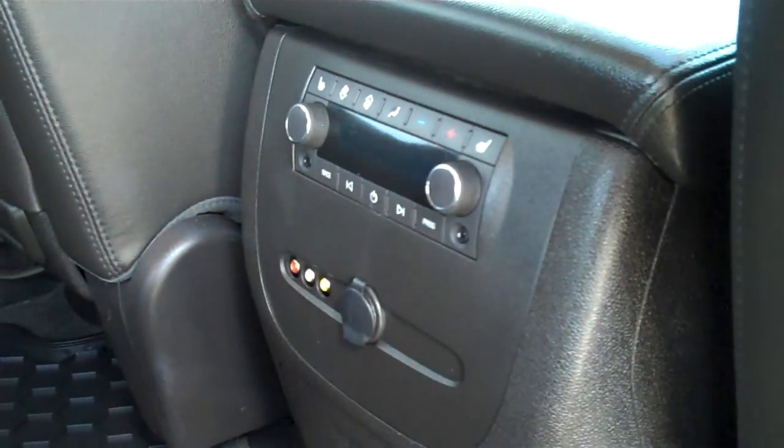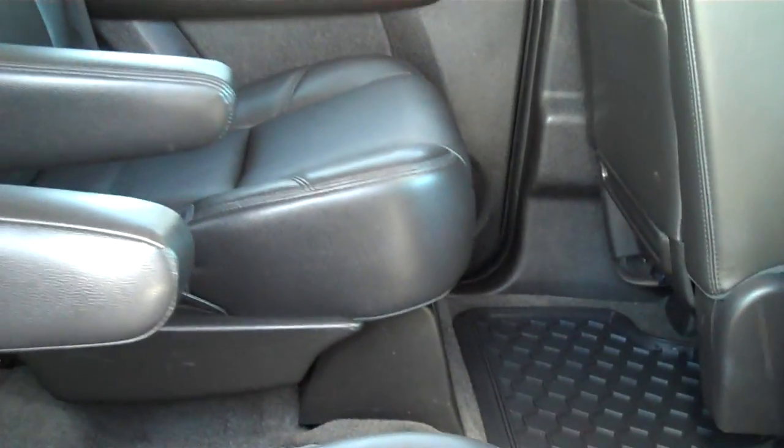The rear climate controls. The leather seating again looks really good. Headrests, no cracks or tears in the leather that I can see. I know on the driver's side there is one little blemish